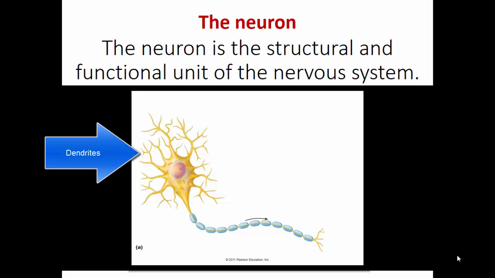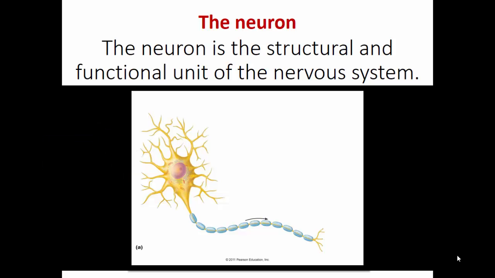The dendrites are the receptive area of the neuron and receive messages from other cells of the brain. The axon is the part of the neuron that transmits messages to the next neuron. The location where one axon comes in contact with the cell body or the dendrite of another neuron is called a synapse. Chemical messengers called neurotransmitters carry the message from one neuron to the next. The production of these neurotransmitters make the neuron one of the most metabolically active cells in our body, using approximately 20% of our resting metabolic rate.